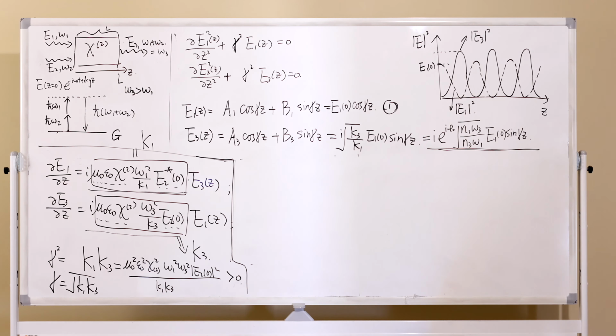So if the field of your input is dropping, then the increase of the output should also drop. This can be clearly seen from this equation, right? The rate of change for E3 is proportional to E2 multiplied with E1. So if your E1 decreases, then of course the increase rate of E3 will slow down, right? So that's why when you look at here,